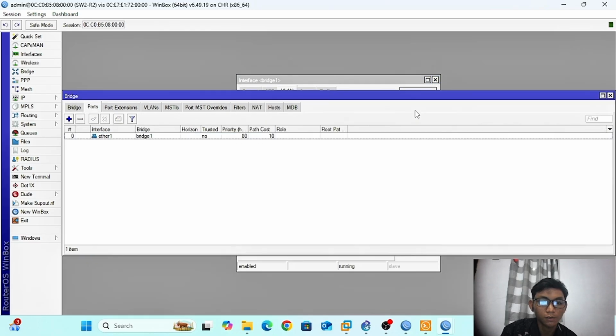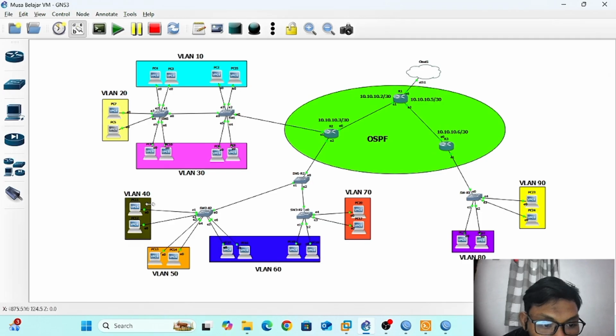This Ether 1 is for trunk, and we check Ether 2 and Ether 3 for VLAN 40, Ether 4 and 5 for VLAN 50, and Ether 6 and 7 for VLAN 60. Okay.